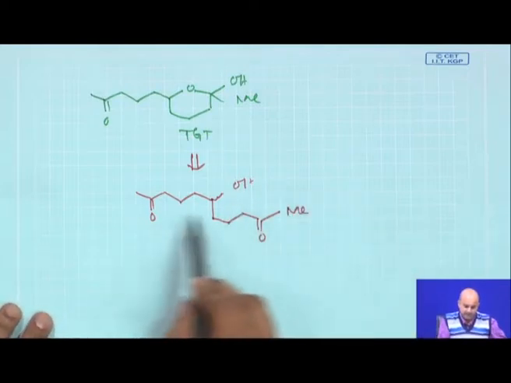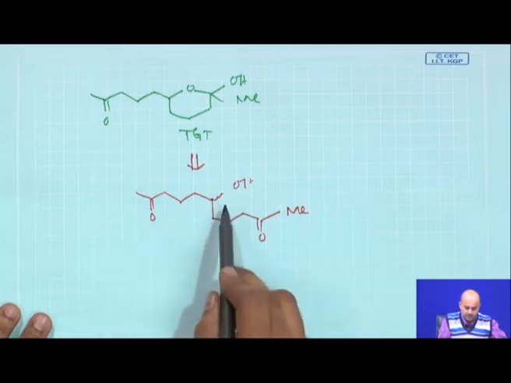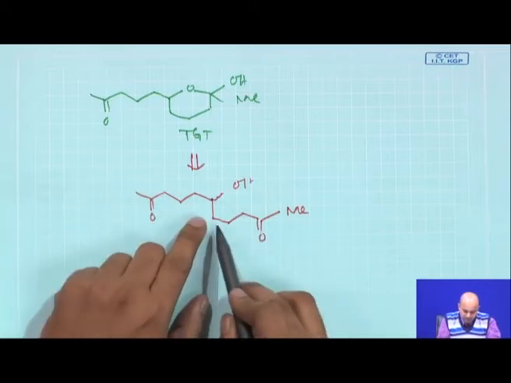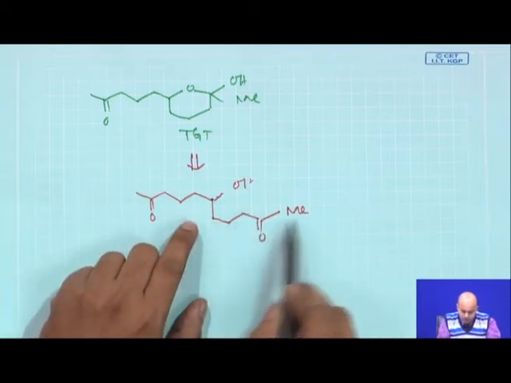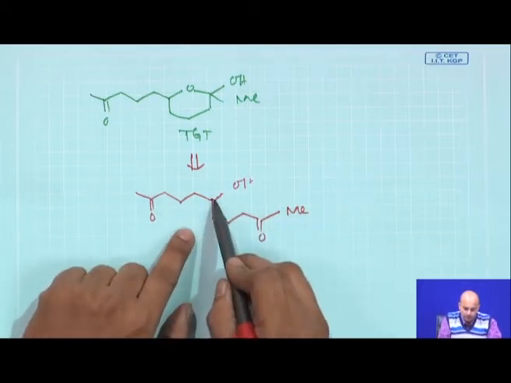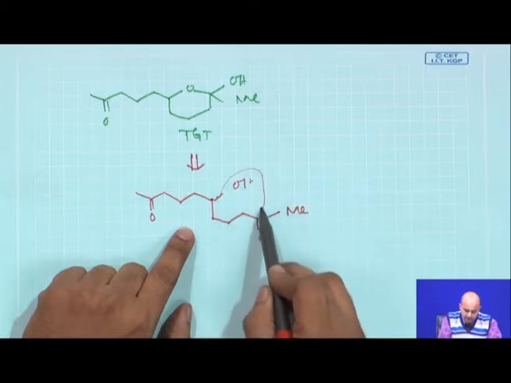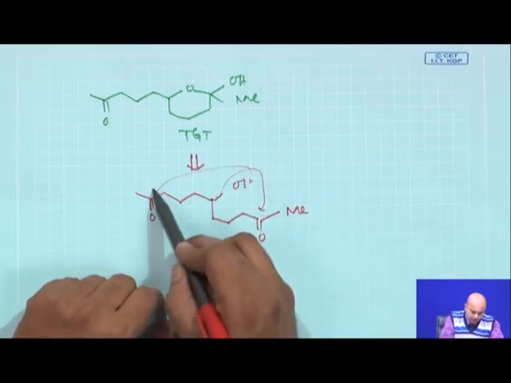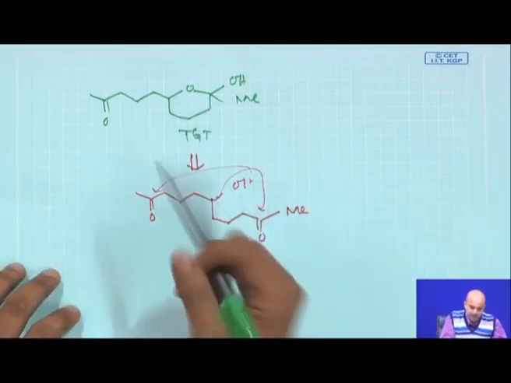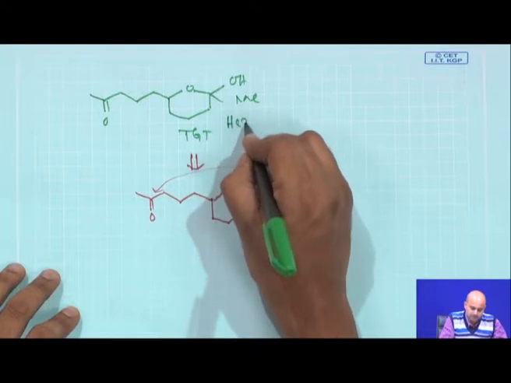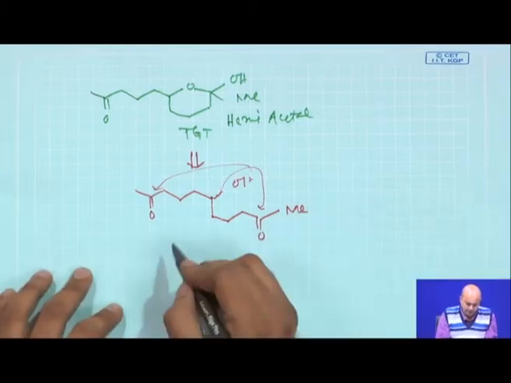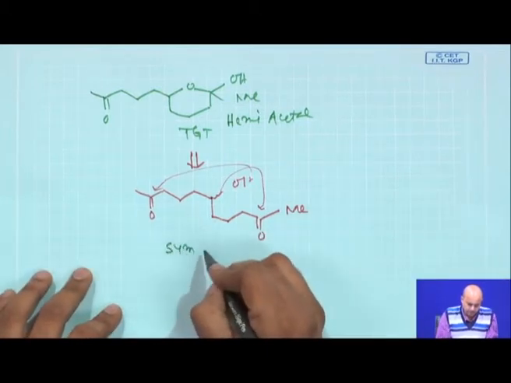So, I say that if you disconnect the molecule in this way, it is basically a symmetrical diketone. You have a CH2 left hand side, you have a CH2 right hand side. So, CH2COMe, CH2COMe, and in between you have a secondary hydroxy group. So, one of these hydroxy will react either this way or this way, it gives you a cyclic hemiacetal. Now, this compound is basically a hemiacetal. So, now I said this is a symmetrical ketone.